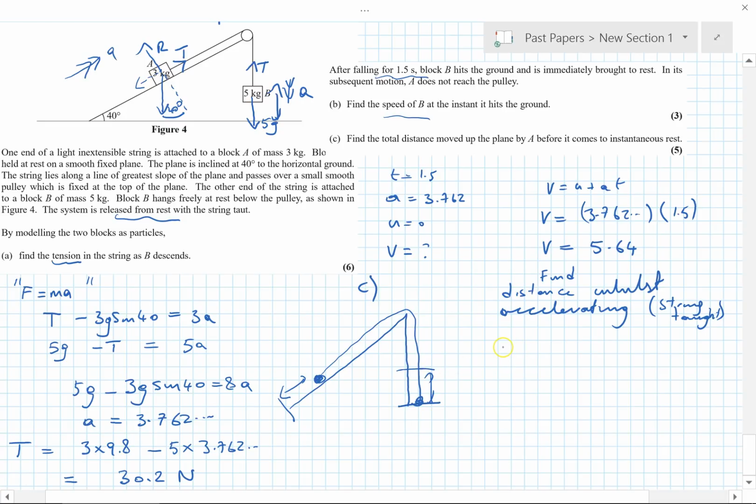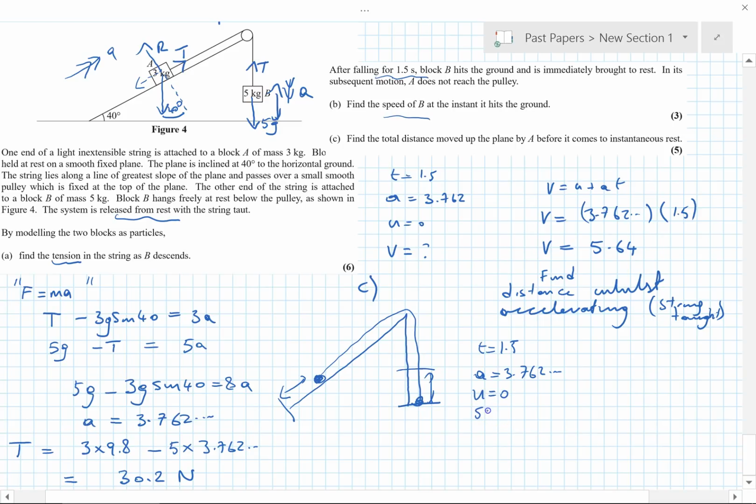What do we know? We know that t is 1.5. I'm going to not use the previous answer here because I'm using what I've been given in the question. T is 1.5, A is the 3.762 and so on that we've used before, and U is 0,